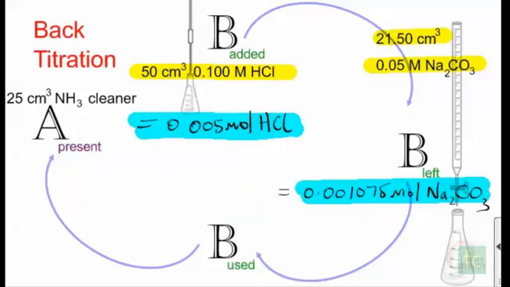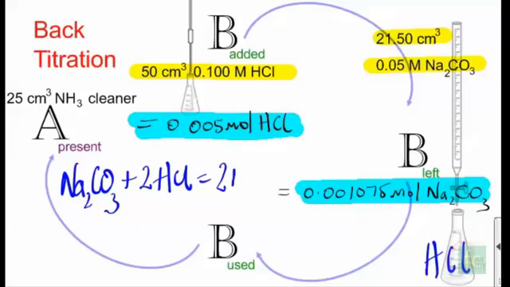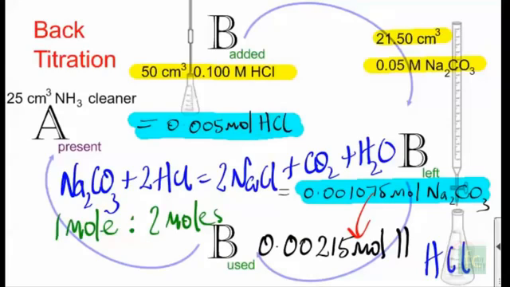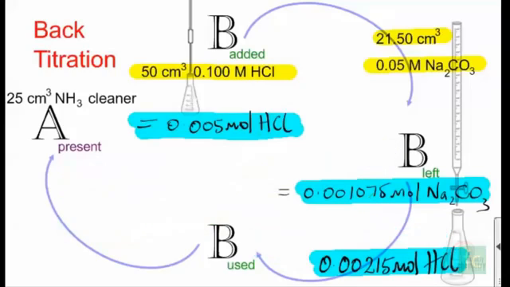Look at the sodium carbonate, 0.05 molar, and the average titer 21.50 milliliters or cubic centimeters. Using n equals cV, we determine that 0.001075 moles of sodium carbonate has been dispensed from the burette. Then we take a look at the balanced equation for the reaction between sodium carbonate, the titrant, and hydrochloric acid in the flask. They react in the ratio 1 mole to 2 moles. So the number of moles of HCl in the flask will be twice the number of moles of sodium carbonate dispensed from the burette, hence